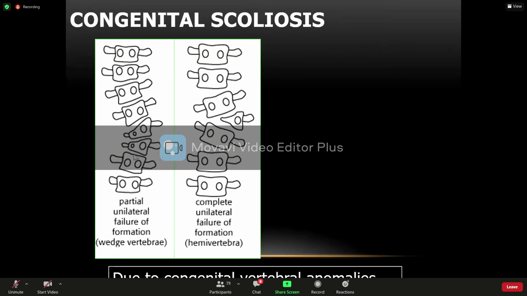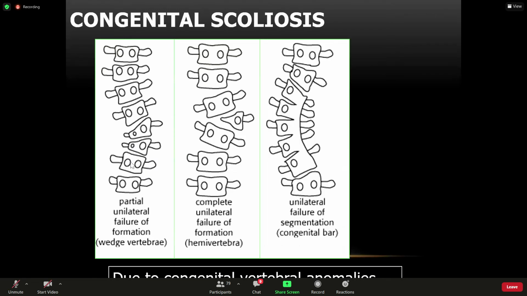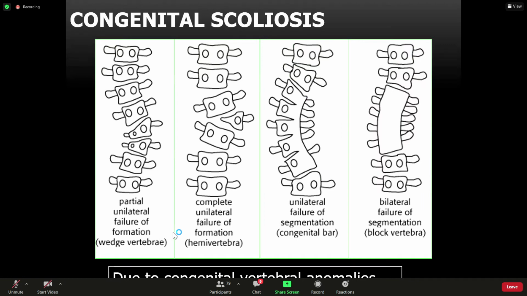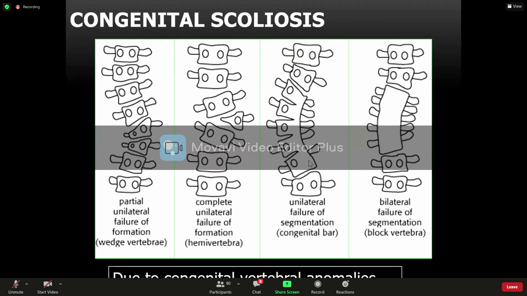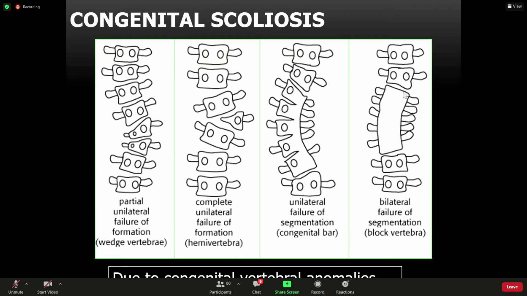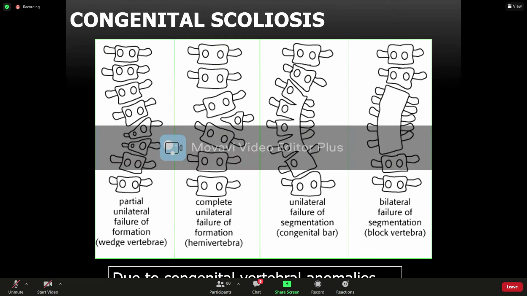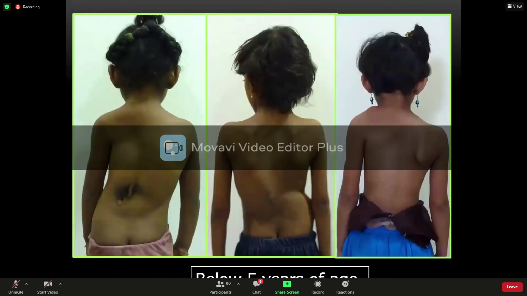Sometimes a little more of the vertebra may be formed, but it results in a wedged vertebra like this, which also can cause scoliosis. Sometimes the vertebra may not segment completely, and you have something called an unsegmented bar on one side. Now, this side does not grow at all, whereas this side continues to grow because it is partially segmented, and that can result in a very severe form of scoliosis. And sometimes multiple vertebrae do not segment across multiple levels. That results in a block vertebra, and these do not progress very rapidly or may not progress at all. So it's important you pick up these children very early.